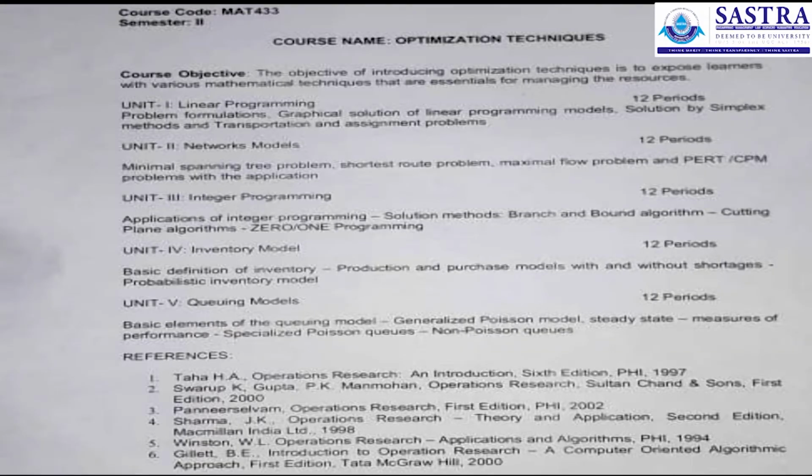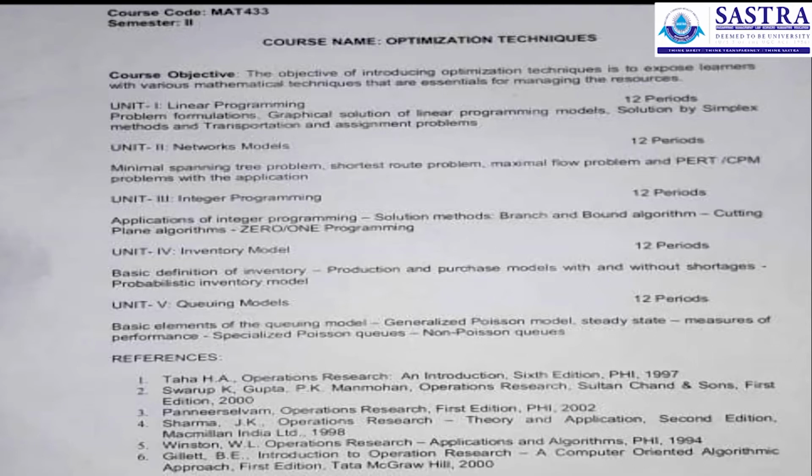And the probability concepts are also associated with that. That is, when the normal time of completion of a project is so much, what is the probability that the project can be completed in less time or some more time? That type of application also comes there. This is also an easy chapter. Actually, all the 5 chapters are easy chapters.